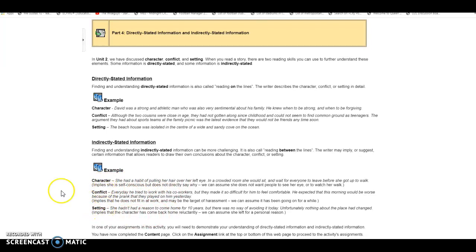So character, conflict, and setting, these are now three different things that we've already looked at in Unit 2. And what you're going to have to do in one of the assignments in this activity is demonstrate that you can read between the lines and not just understand what the author's saying directly, but also how he's indirectly telling us things about the character and the conflict and the setting. So you'll see I'll do another video on the assignment for this activity, and I'll explain further what you'll have to